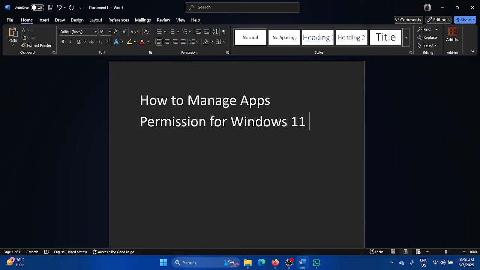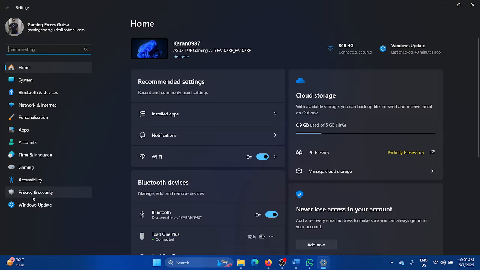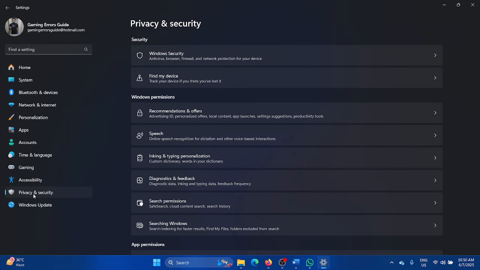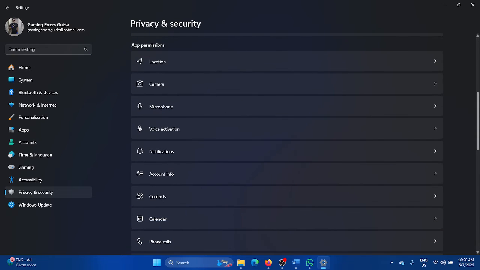So right click on the start button and select settings from the menu. Go to the privacy and security tab on the list on the left hand side. In the right pane, you can scroll down to app permissions, and let's say that you wish to set permissions